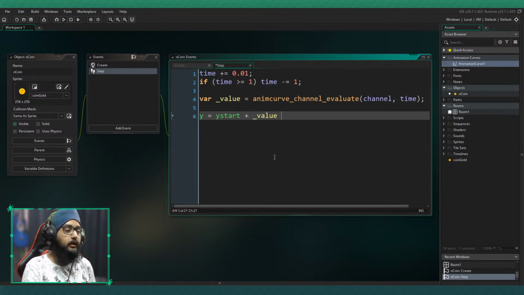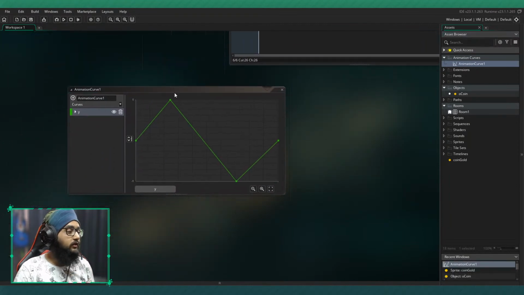And let's say value times 32, because this value is going to be between 1 and -1. That's not because of any inherent behaviors of the animation curve, but simply because that's our range in our channel. It's at most going up to 1 and then going down to -1. You can make it go larger. There's no limit on the vertical axis of a curve. So for example, you can zoom out from here or change the range from here, and you can make these go as high as you want. I'm going to keep them between the 1 and -1 range,